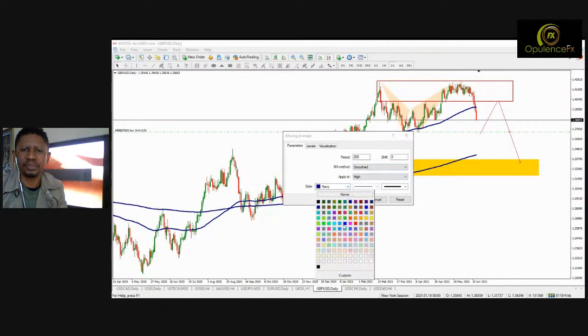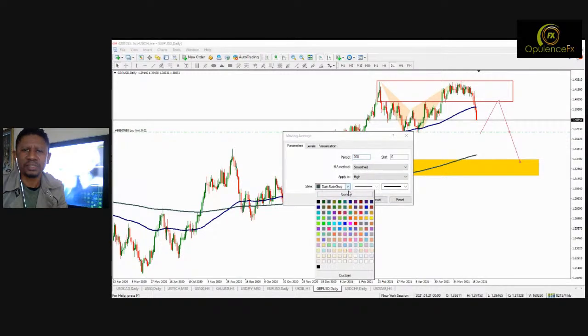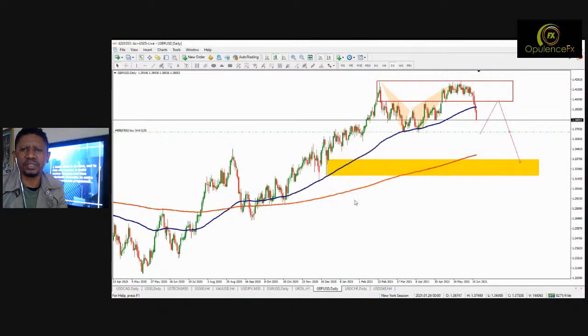Right, so this can be our support. Let me give it just another color. Right, it could be our support. It looks the same. Let me just give it a bright, super color, deep pink. Let me take this one. All right, there it is.